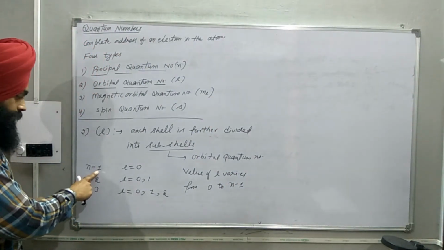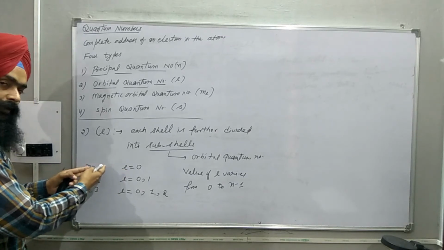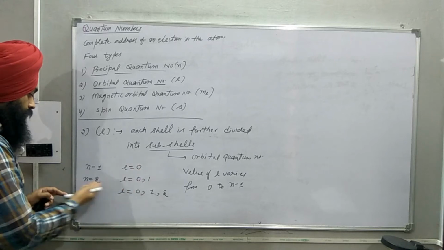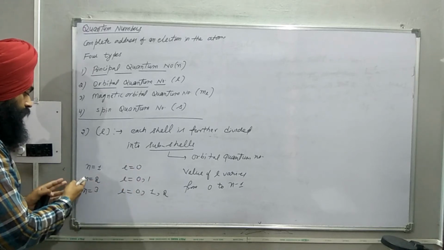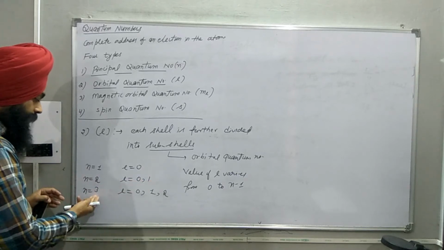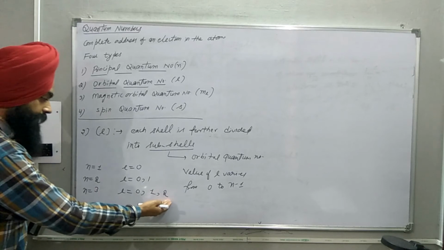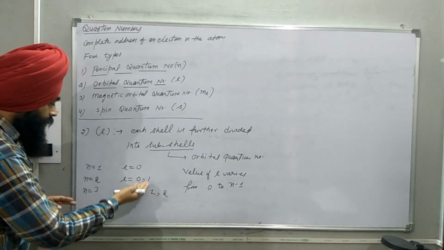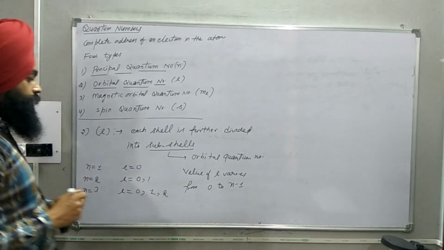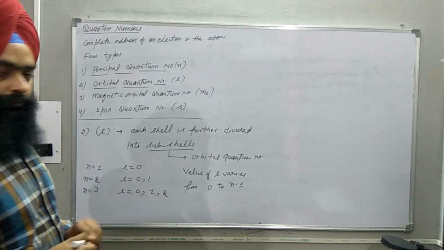For n is equal to 1, l is equal to 0, that is 1 minus 1, that is 0. For n is equal to 2, from 0 to n minus 1, that is 2 minus 1, up to 1. Similarly, for n is equal to 3, from 0 to 3 minus 1, that is 2. So we have 3 values, 2 values, 1 value,